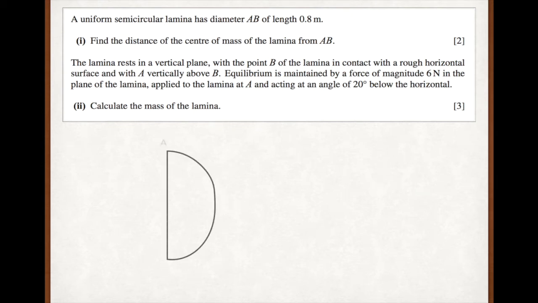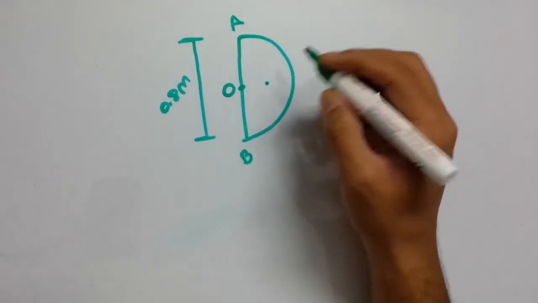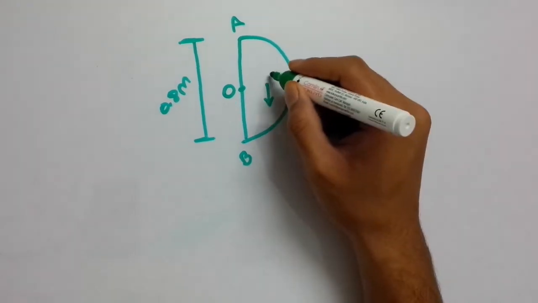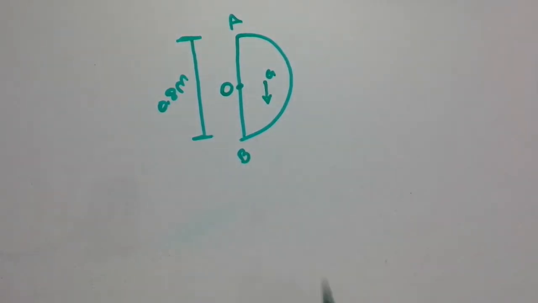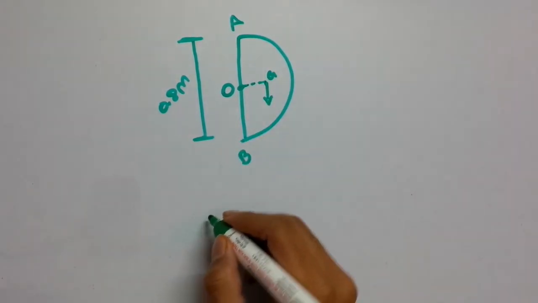Let's do the first question. It says a uniform semicircular lamina has a diameter of 0.8 meters. Find the distance of the center of mass of the lamina from AB. Okay, let's assume that the center of mass is at G, point G. So we have to find this distance that is given by